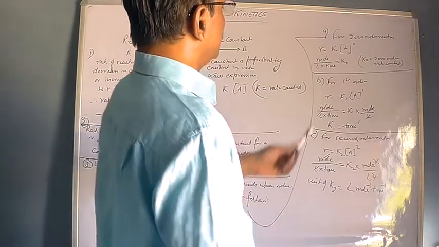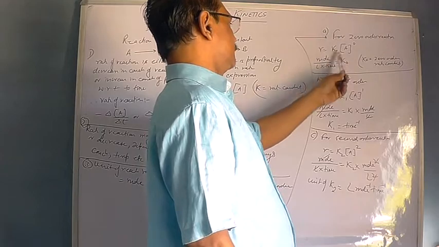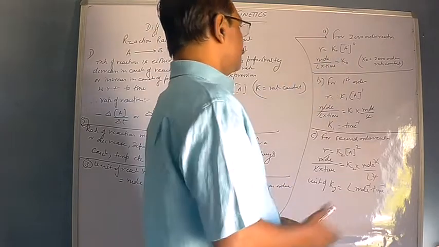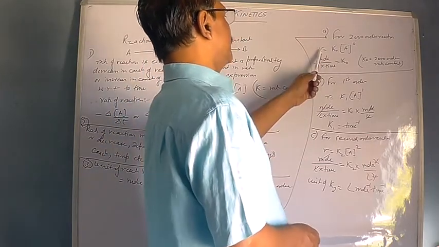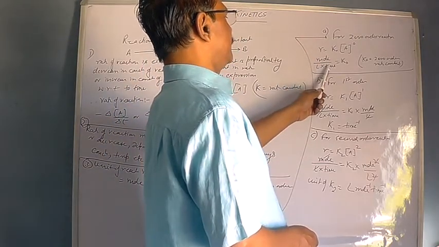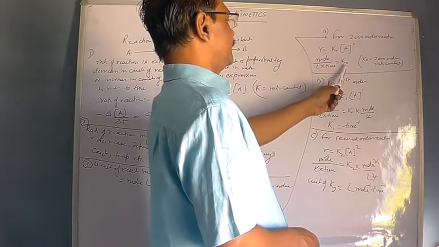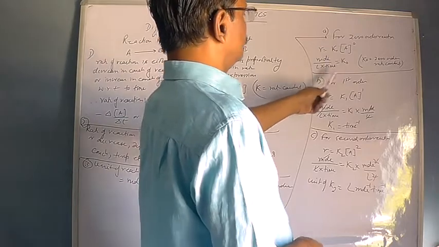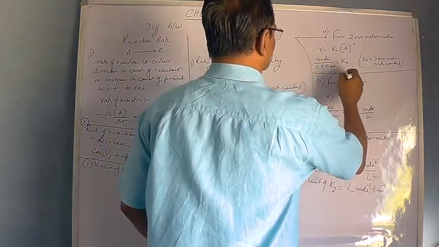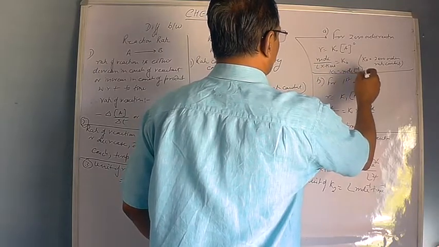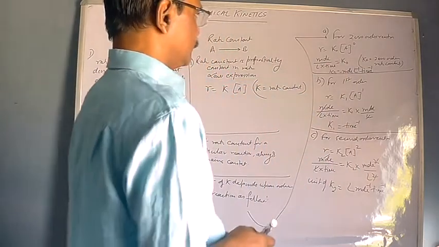So let's start with zero order, class. I can write the expression R equals K0 A to the power 0. How this expression has been achieved, we'll be studying in upcoming lectures. For the time being, the unit of R is mole upon liter into time. K0, and we all know anything to the power 0 is simply 1. So we get the value of K0 as mole liter inverse time inverse. So K0 equals mole liter inverse time inverse. This becomes the unit for the zero order rate constant.